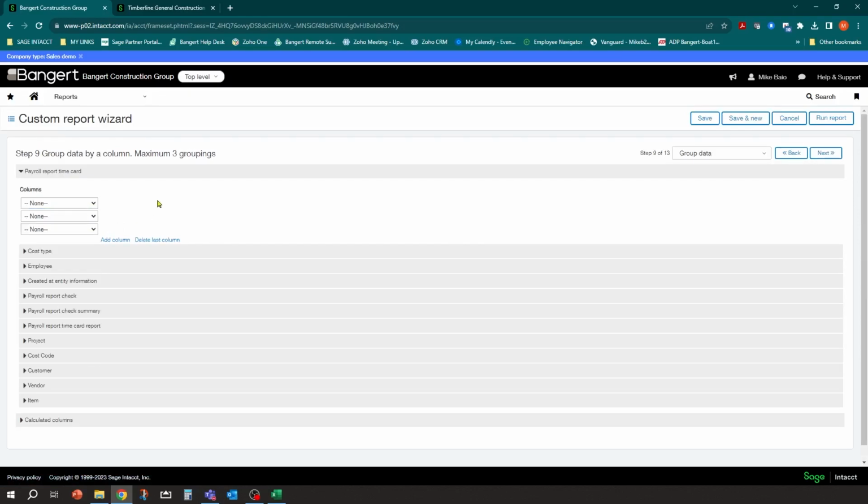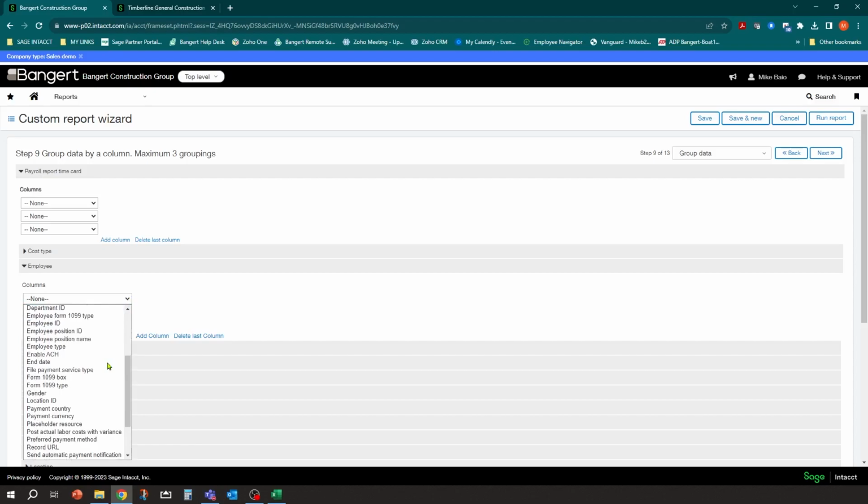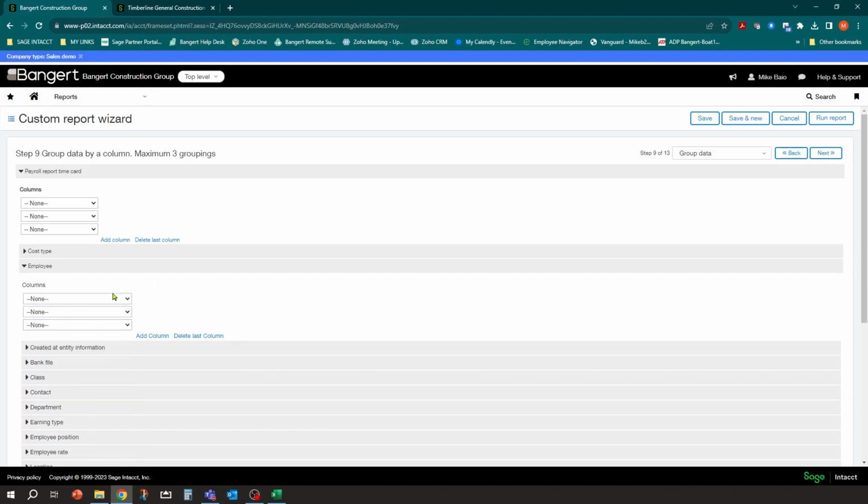Now, when you do a grouping, it shows the headings of the groups by the column you pick for the group. So how do I want to group this? Well, I want to see the employee name on the top. It's going to be easier for me to read. So I'm going to go to the employee dimension and I'm going to look for it there. Now, I don't think I'm going to see the name there. The name's a little trickier to get to.